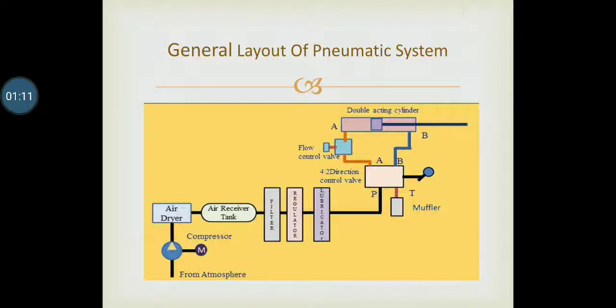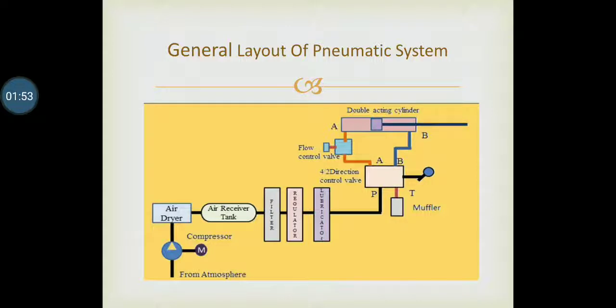But the very important disadvantage of the pneumatic system is that we cannot use it for very high pressure. The pressure creation of a pneumatic system is up to a certain limit. Above that limit we can't use a pneumatic system; we have to switch to the hydraulic system, because a hydraulic system generates more power as compared to a pneumatic system. So the pneumatic system is used for small scale or small power ratio systems, but the hydraulic system we use for large power ratio machines.